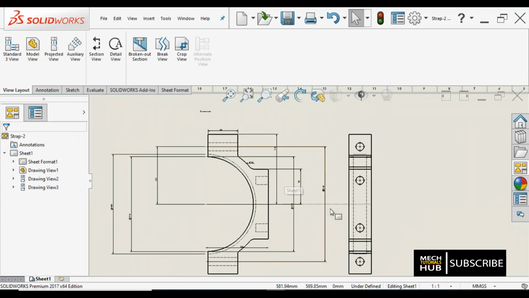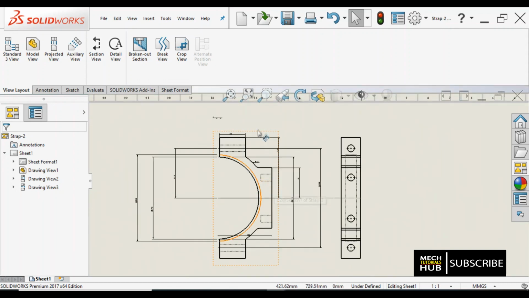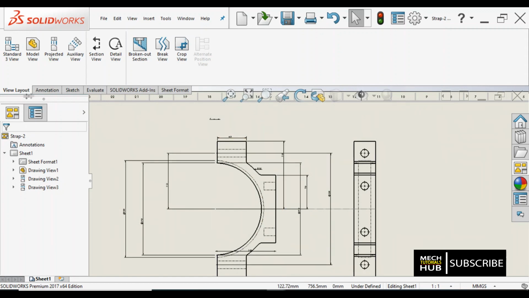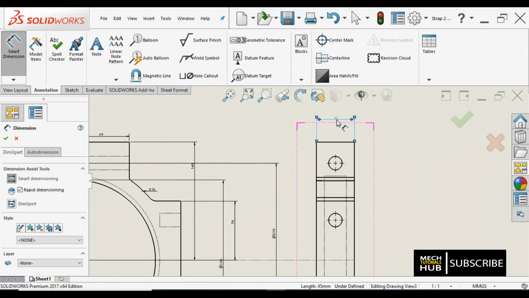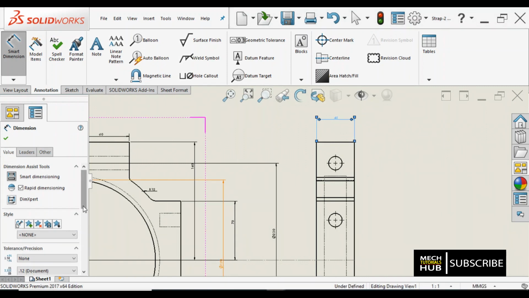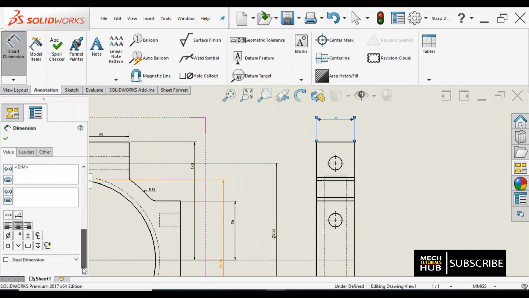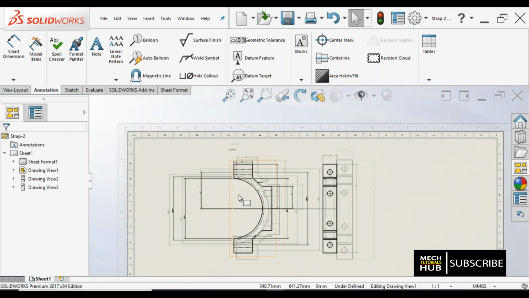Okay, so here one more point I would like to focus on is dimensioning. You can change the font sizes and font styles. And why was I talking about dimensioning? For that, I go to annotations. Directly, if I want to give the width of this particular component, I can go to smart dimension and click on the line. It will give me the dimension of 45, whatever was given there in case of part modeling. So that is one more option where you can give whatever is required to that particular sketch.